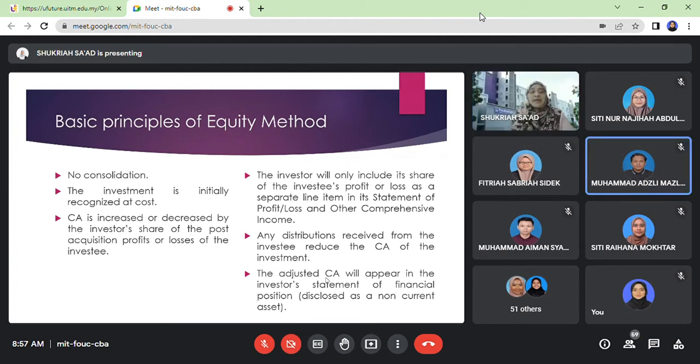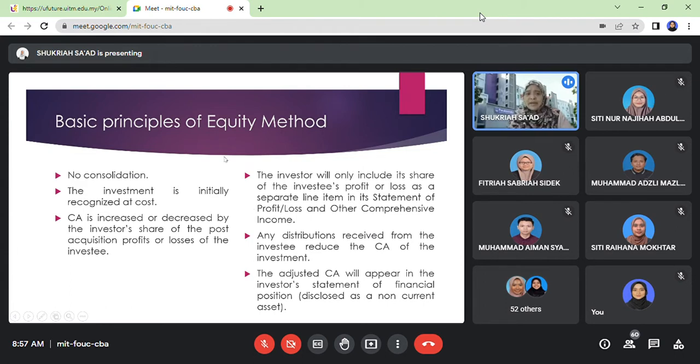No. Okay, so let's look at the basic principle of the equity method. After this, I would like to ask you what the basic principle of the acquisition method is. Because you have gone through the consolidation of the several statements, how you prepare the SOPI, SOPR, and also SOCHE. For the equity method, it means no consolidation. Then why should we include this as part of the syllabus coverage